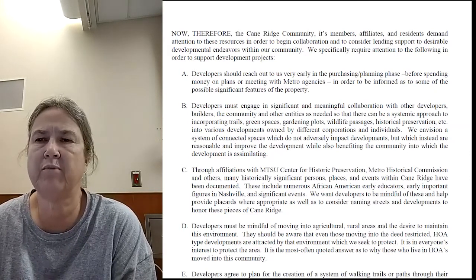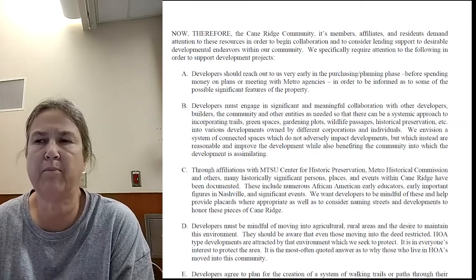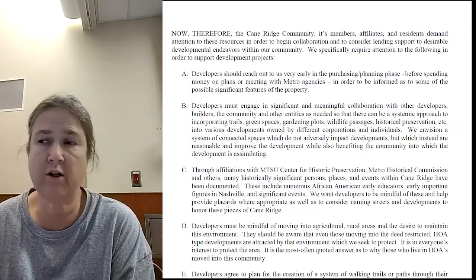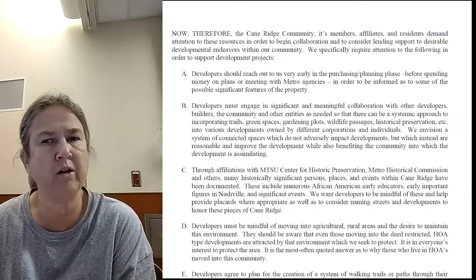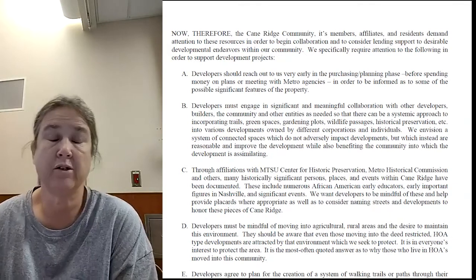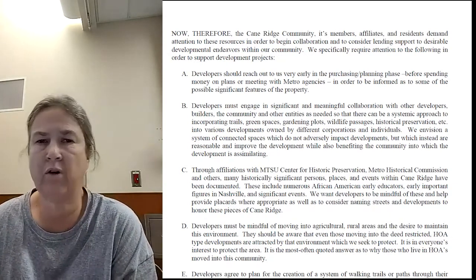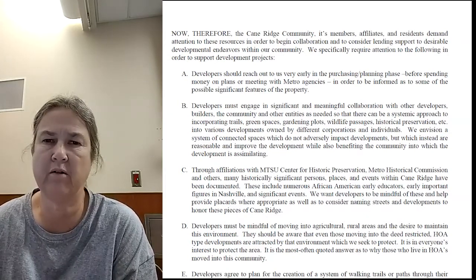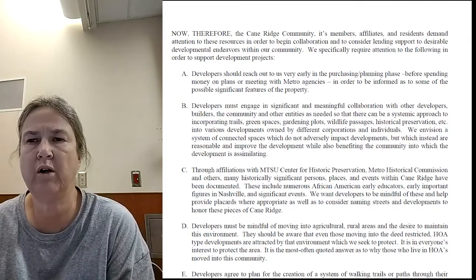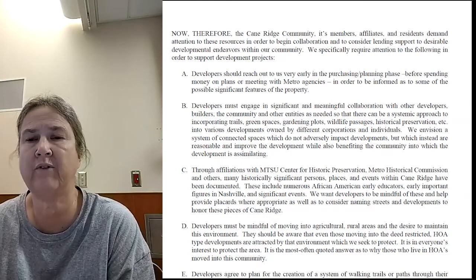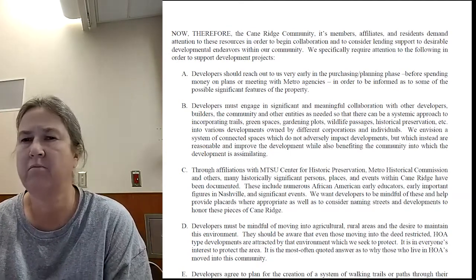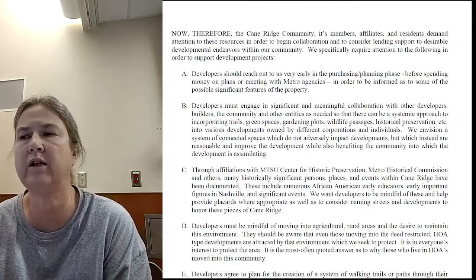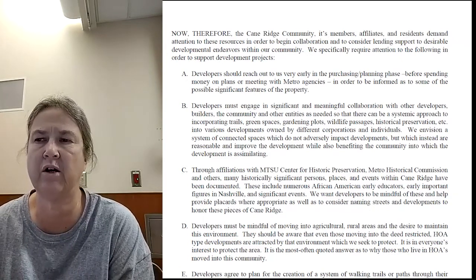So it talks about developers should reach out to us early in the planning phases. We have had developers come out and not talk to us until they had spent $30,000, $40,000 on plans, only to find out that that plan went right over top of a cemetery or something else that was very important, that was going to be a game changer. And so enough time has passed now for us having this, that they are reaching out now before they ever talk to anybody. They're often reaching out and saying, hey, what do we need to know about this land and how it connects to the others around us?